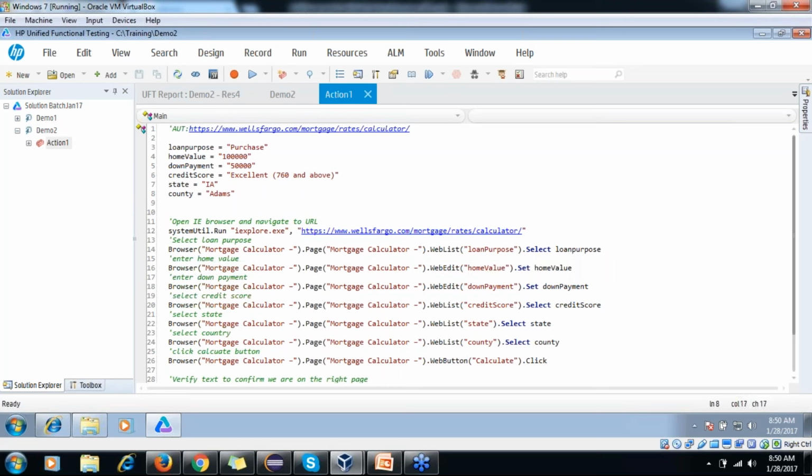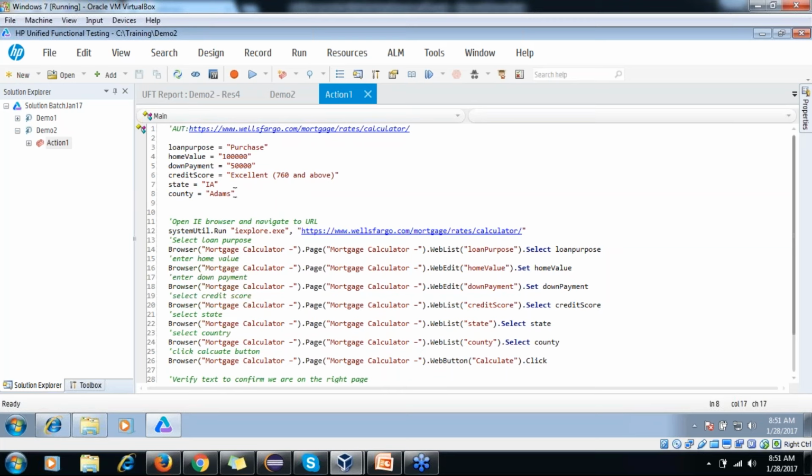But going forward, if I require 10 values of each, or suppose a functional QA has written 5 test cases to validate this page, then I need 5 different values to validate this application, right? So what I can do is store these values in an Excel, read that from the Excel, and run it 5 times for the different values.